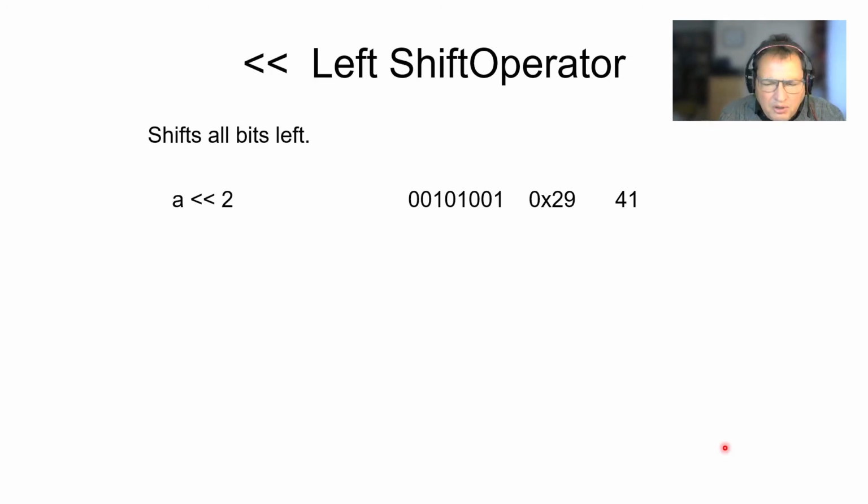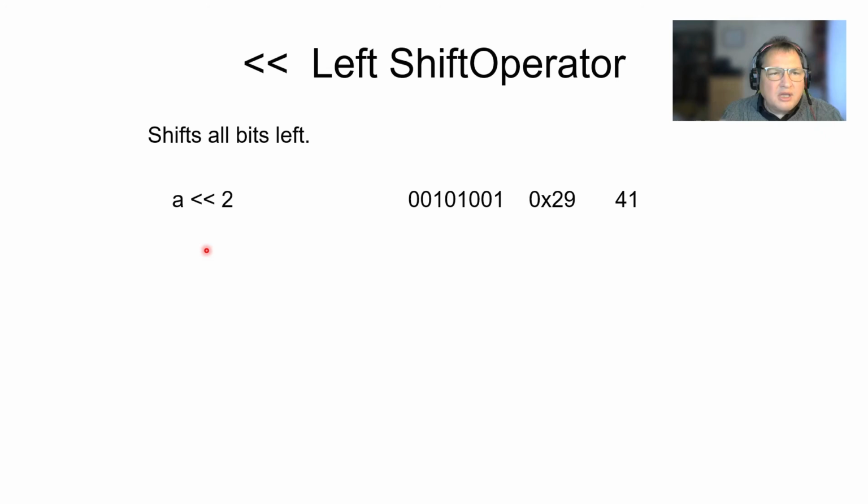I will now briefly discuss the 2 remaining binary operators, but they are of less importance for us in games development. It's still nice to know about them, and the crucial information for you, they will not appear in the in-class test. So the first operator is the left shift operator. It looks like this: A left shift 2, for example. And it does exactly what its